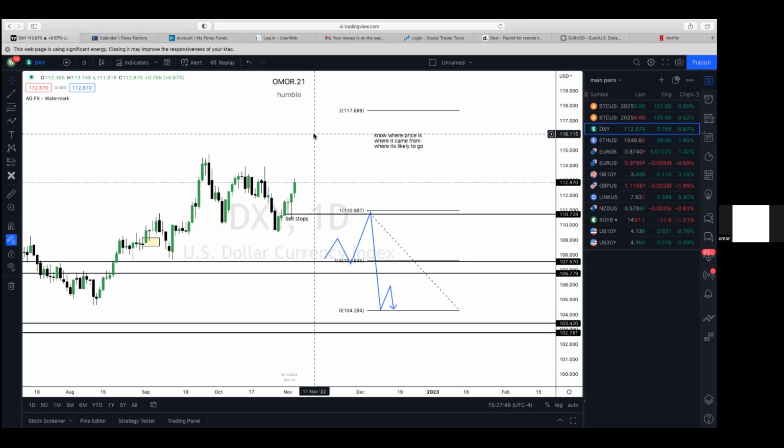Once you do all of that and you know all of these things, the rest is easy for you. Determine your bias. Because if you don't know all of these things, you're going to have to determine your bias and then critically think, okay, where's the high and the low of the day, this array, that array, whatever. But doing all this homework and knowing all these things is just muscle memory. The only thing you have left to do naturally as a trader is work out the bias for the next day. Then you know from your profiling where the high and the low of the day are likely to be. If there's a news event, you know what it's likely to do.